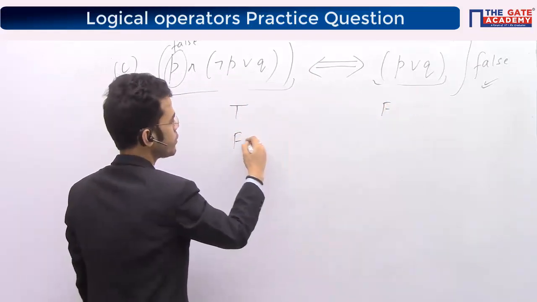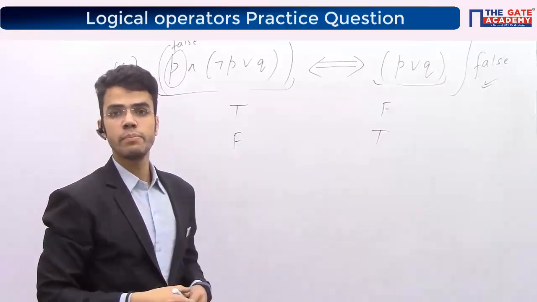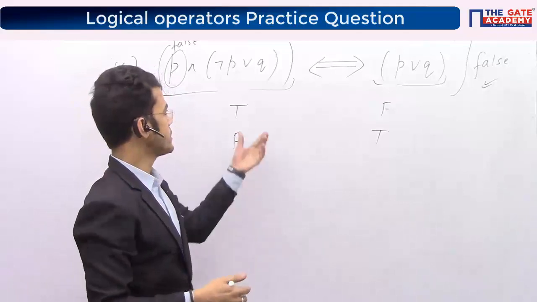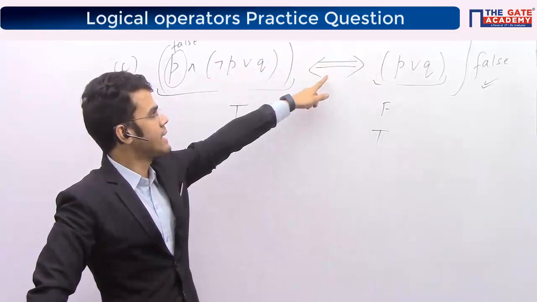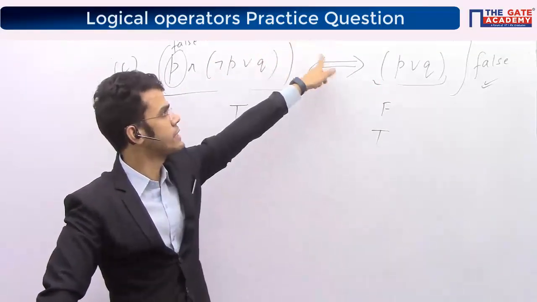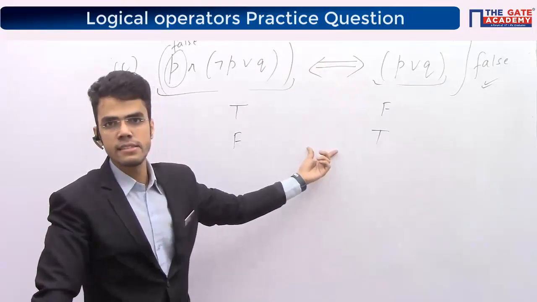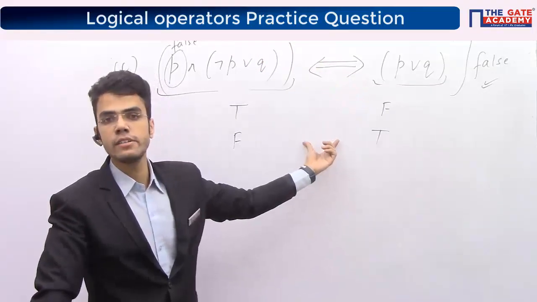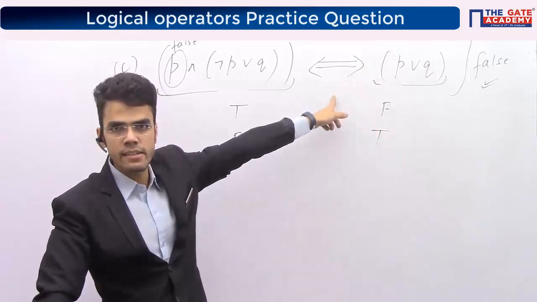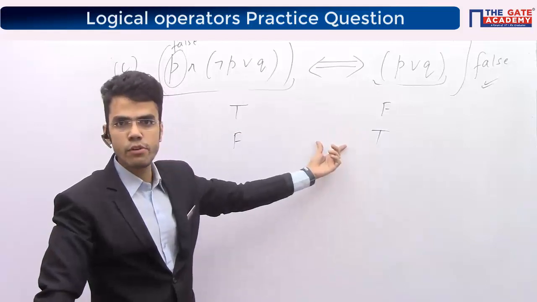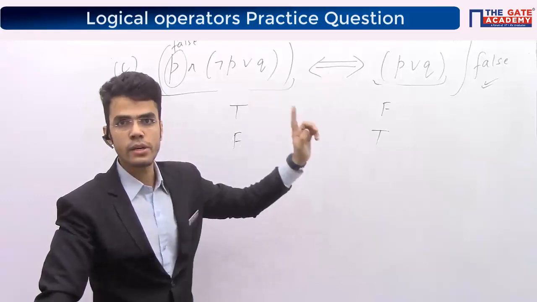Second case says first one false, second one true. That also gives me false. Right? We have two cases. We need to try both the cases. Let's suppose if from the first case I get false, my work is done. I got false from first case. I will say the option is wrong. Right? This is not equivalent to this. If from first case I did not get false, I need to check for second case. Let's suppose from second case also I did not get false. In that case, I will say, okay, I do not get false for both the cases, so the option is correct. Or from second case, if I get false, I say, okay, it is failing for one case, second case. In that case, this is not correct. Okay, hope this is clear.